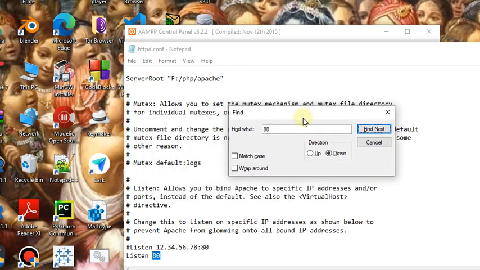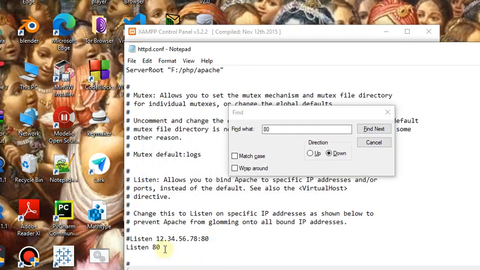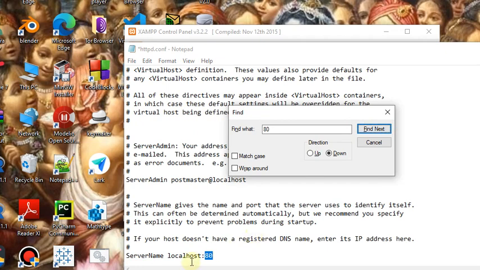Here the listen port is 80. Now change this to 8080, or any other port you want to allocate, you can, but here I allocated port number 8080. Now here the server name localhost, also convert this to 8080. Now save this configuration file and